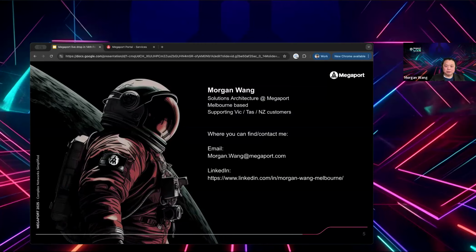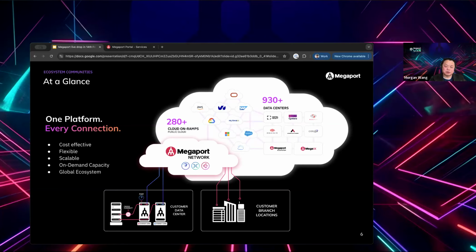Before diving into the Global WAN topic, I'll cover some high-level introduction, or maybe Megaport 101, of who we are and what we do, just in case you are not familiar with Megaport products already and this is the first time you've heard about us. Megaport is now ranked the number 1 global network as a service, or software-defined network as a service, provider. And we are also the number 1 data center connectivity provider globally.